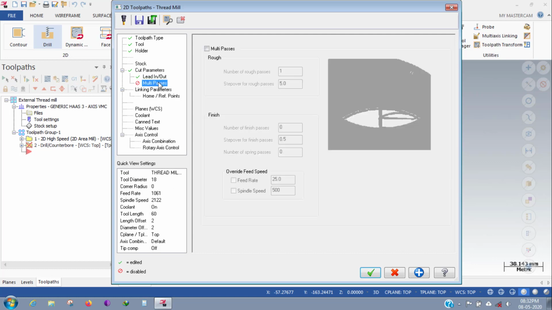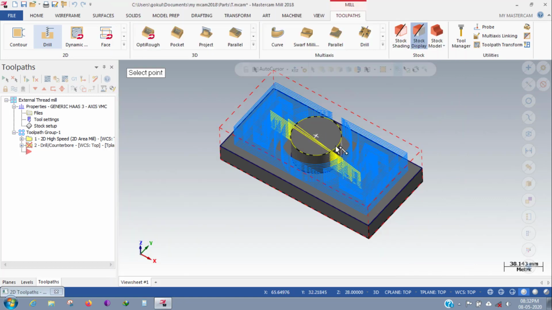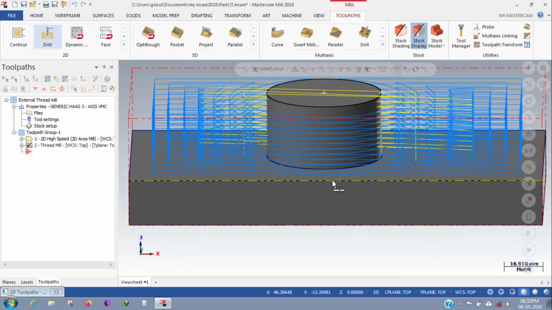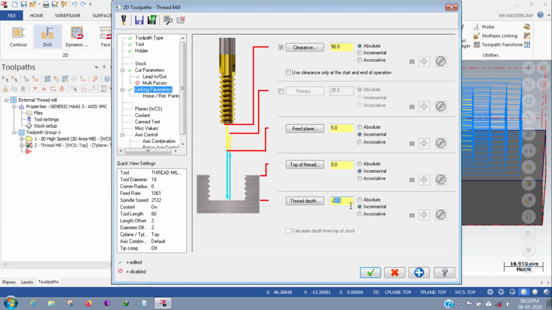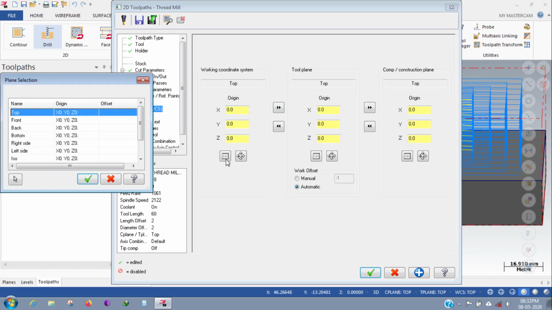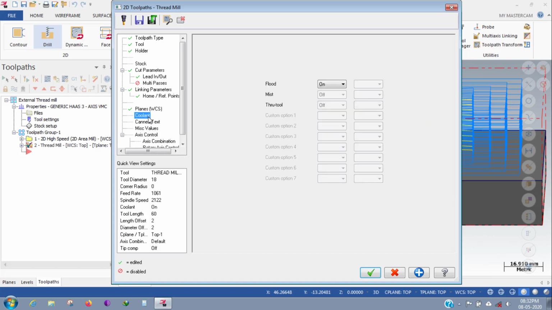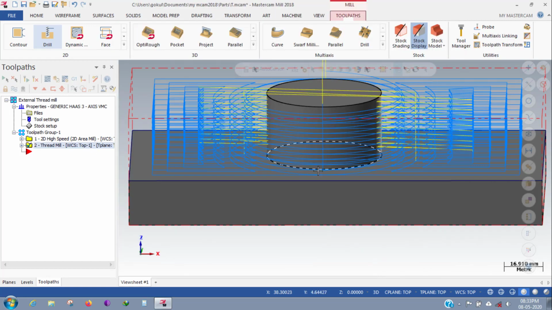Okay, and we are going with the linking parameter, and the top of the stock we require as it is, and depth will be the same. Sorry, we have to select 28, but I am just giving 3 mm clearance to avoid this, and giving from mission, and the projection will be the same, and giving coolant as flood. It's not a problem because it is an external surface, so flood will give a good finish. If you check,